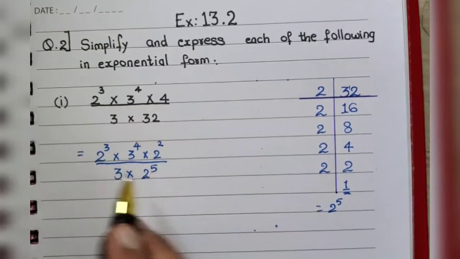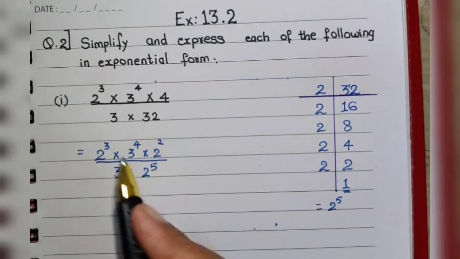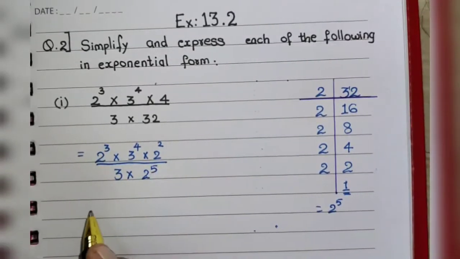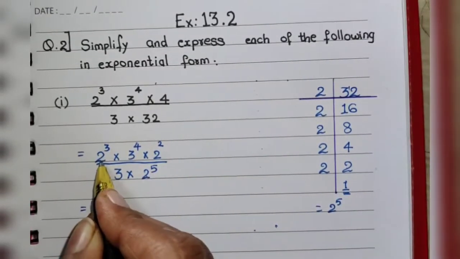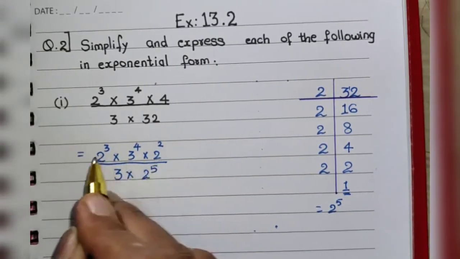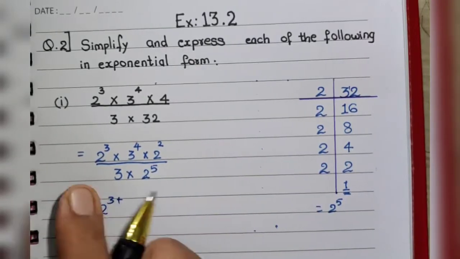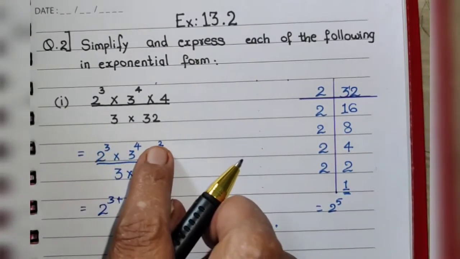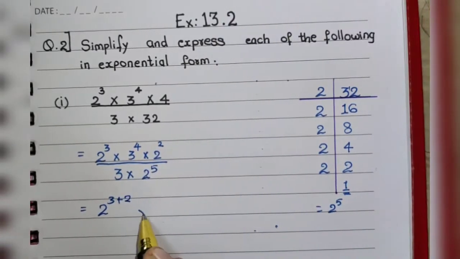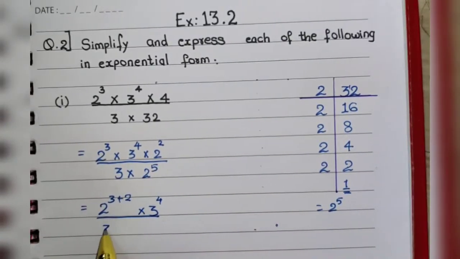Now why are we doing it like this? So that we can bring the things similar. Now could you see here? Now let us solve. Here 2 and 2 are the same and they are in multiplication form, so the powers are added. That means we bring 2 as 3, this power plus this power 2. And 3 is alone here, so let it be. Divided by, down we have only 3.